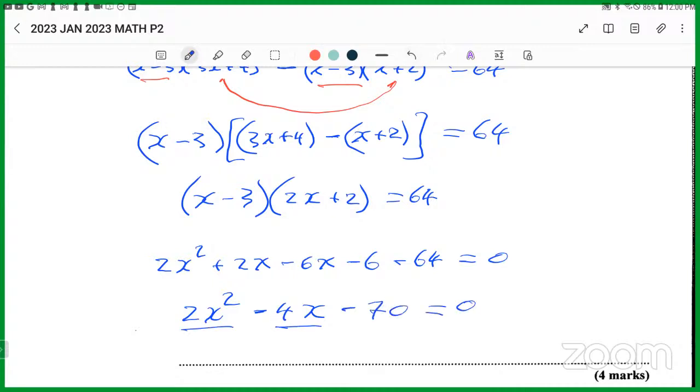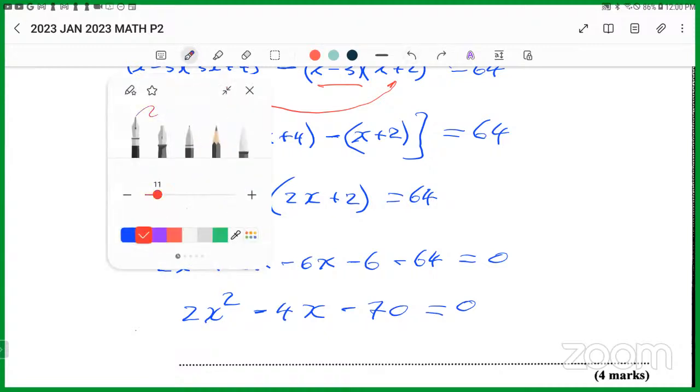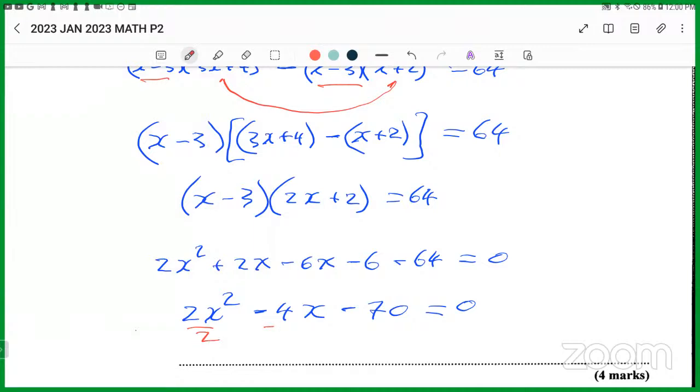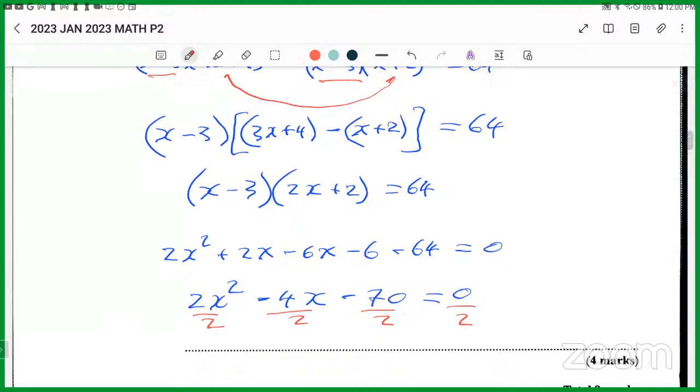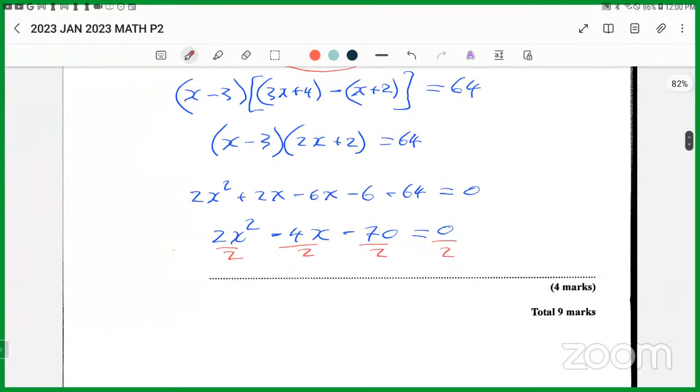Then each of these can be divided by 2. So I divide this by 2, that by 2, that by 2, and this 0 by 2 as well. So I'm dividing everything by 2. When I divide this by 2, the 2s cancel and I'm left with x squared. 4 divided by 2 is 2, so I get negative 2x. 70 divided by 2 is 35, but it's negative, so I get negative 35